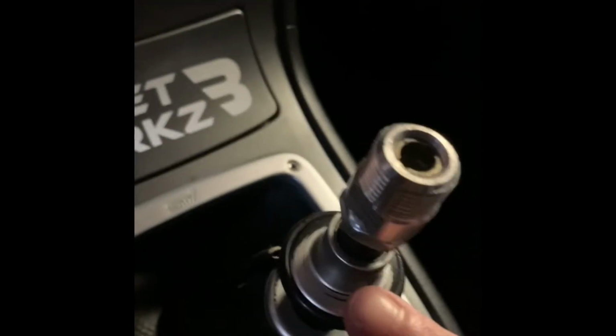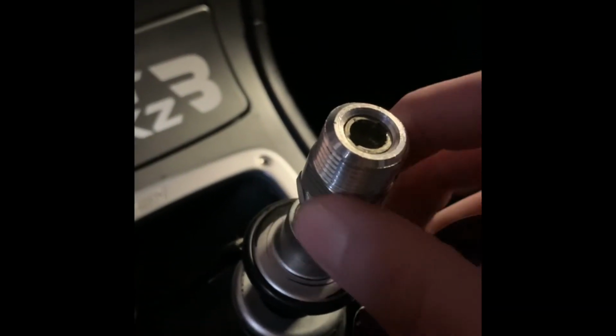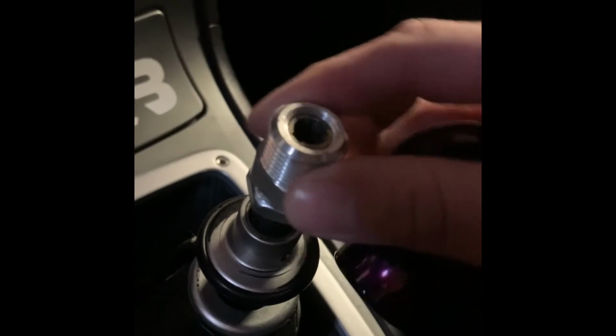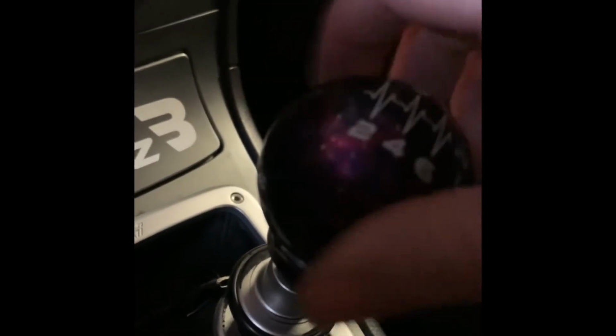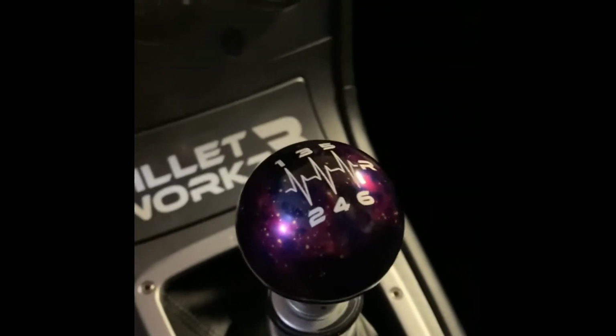Probably have to use a couple wrenches and adjust that just a few times, because the nut on the bottom, you can use that to adjust where the threads end up. I'll probably have to try it 10 or 15 times to probably get a little frustrated, because it's never going to go on straight. But when it does,